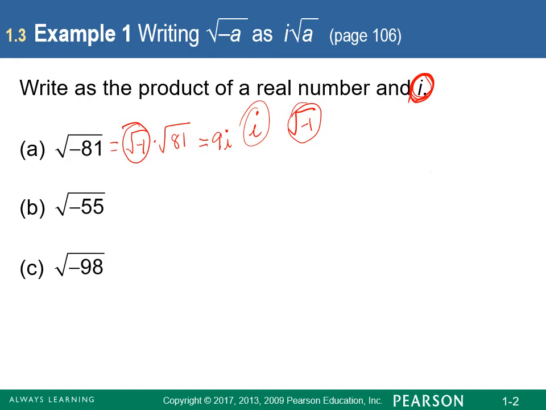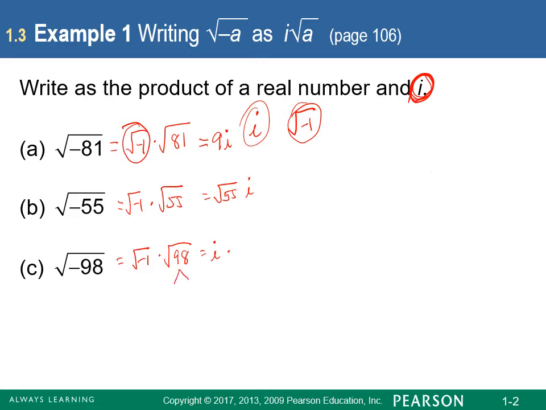On the second one, we have the square root of -1 times the square root of positive 55, which comes out to be the square root of 55 times i. We can't rewrite the square root of 55. And the square root of -98 comes out to be the square root of -1 times the square root of a positive 98, which is i times